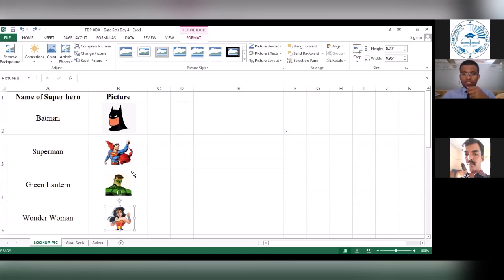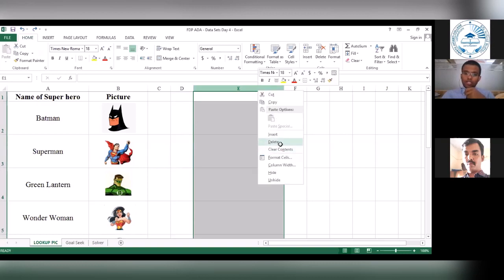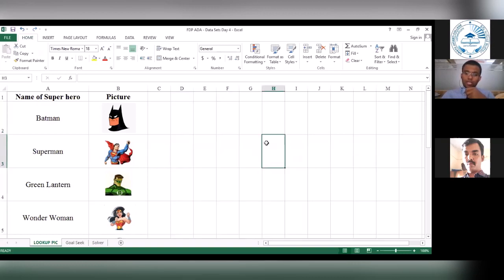Now, just in case you're working for an institution or an organization, let me give you some examples of scenarios where you could apply this functionality. Let's say you have a student database which has got students' pictures, and depending on the student's name which shows up over here, you want Excel to throw up the corresponding picture for you.